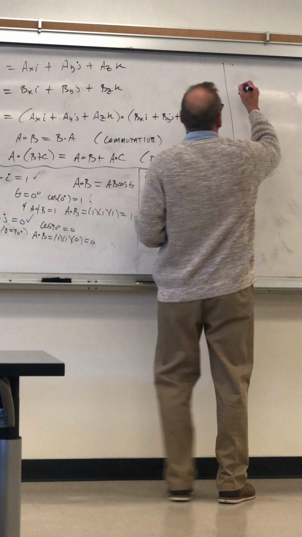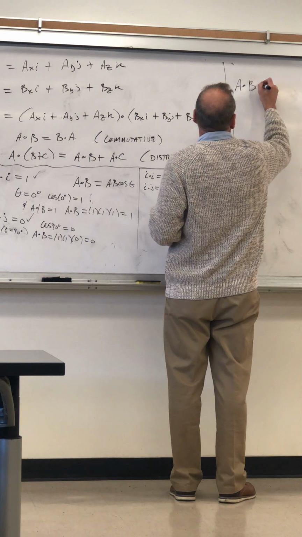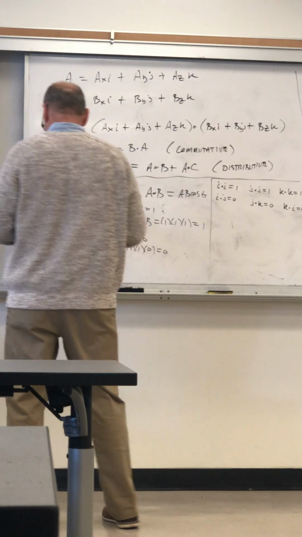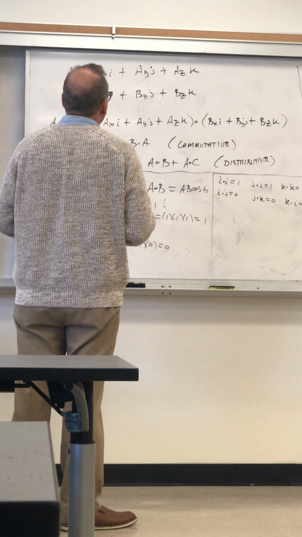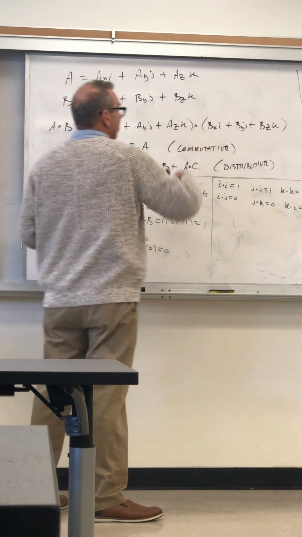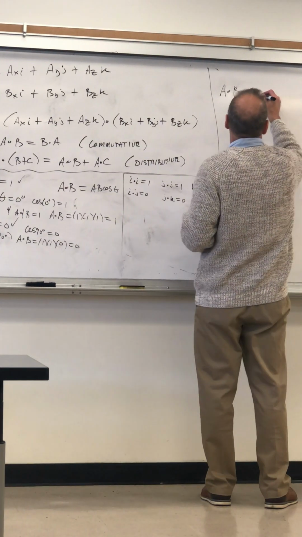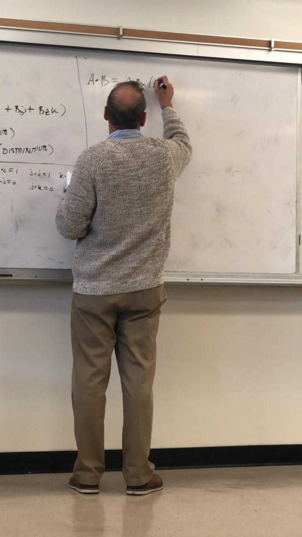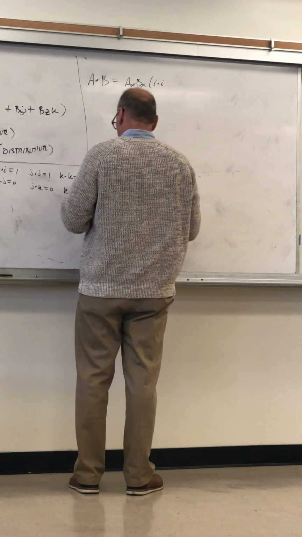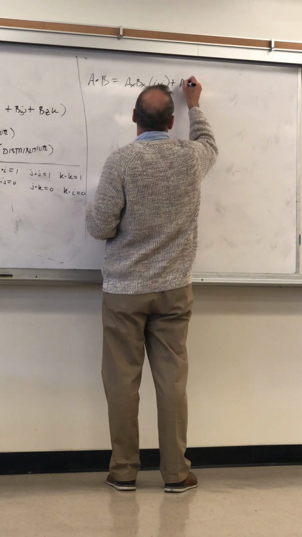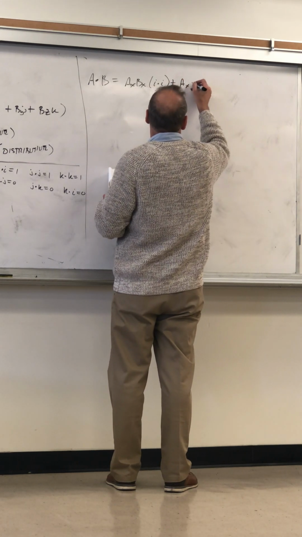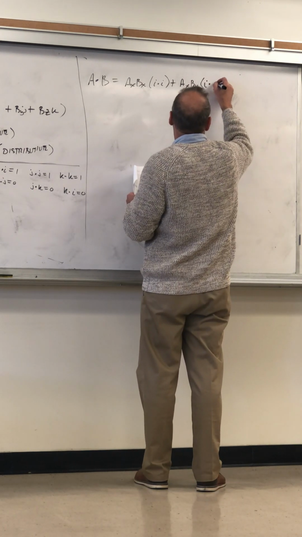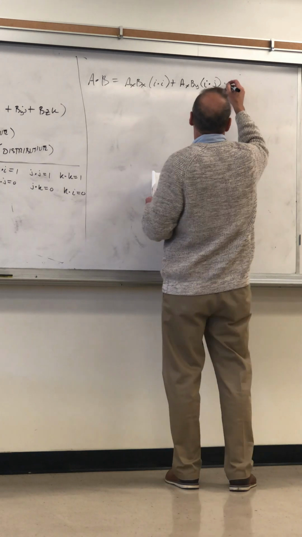So we have A dot B. Now we're looking at multiplying all these terms together. So we have AX BX I dot I, plus AX BY I dot J, plus